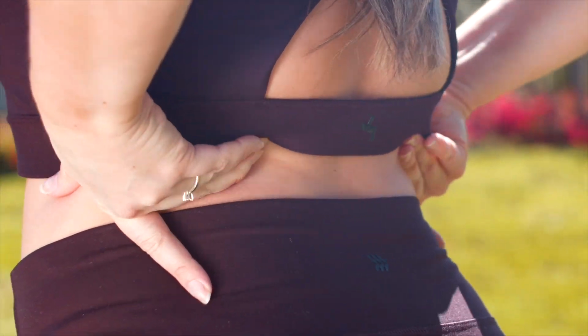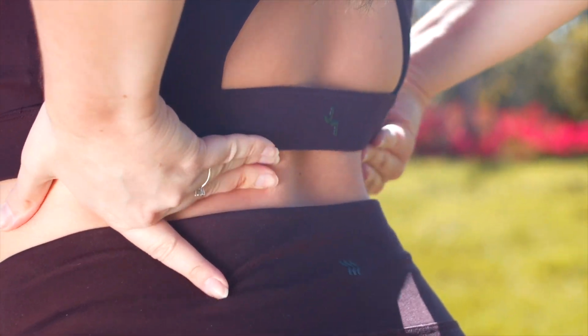neurological conditions. The most common one that you will see is some sort of lumbar or low back involvement, whether that's related to a nerve that's leaving through your low back, but it's not uncommon to have pain that is referred all the way down to the bottom of the foot, since we have nerves that go all the way down there that originate from the low back. So we want to make sure that we're not dealing with anything like that. Signs and symptoms related to low back involvement would be also feeling some pain or discomfort along the back of your thigh and or calf as well. Maybe pain with sitting, which is not very typical with plantar fasciitis